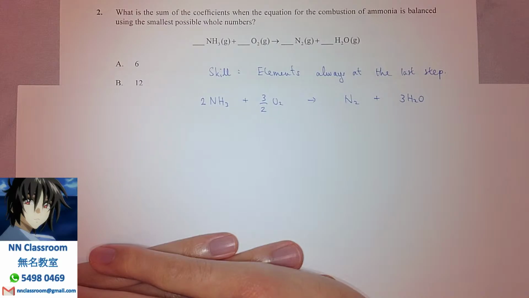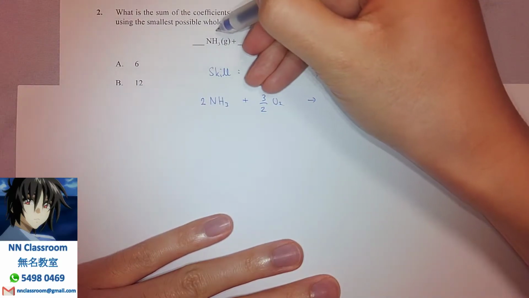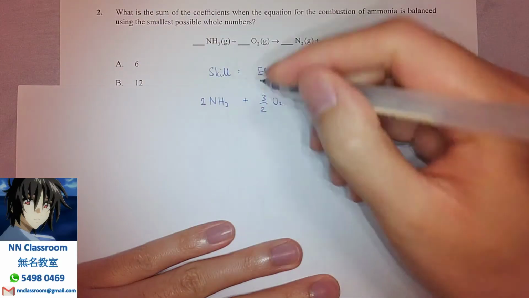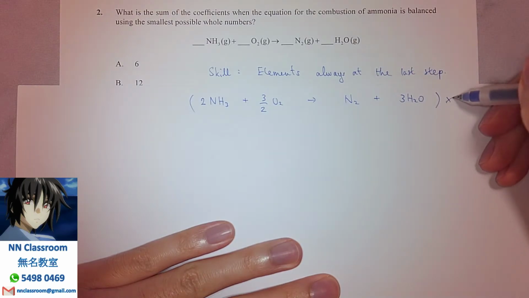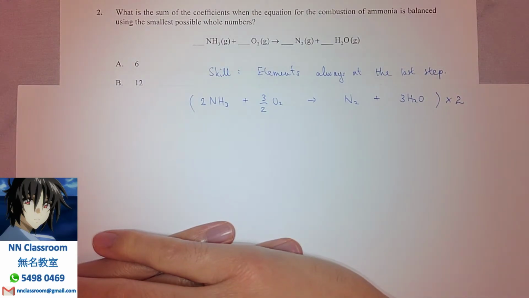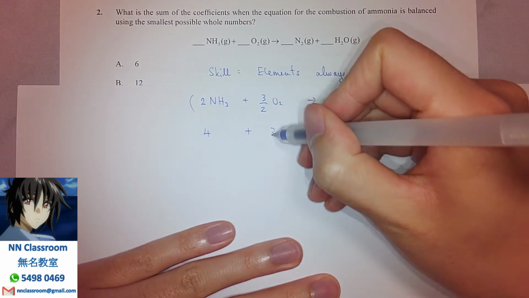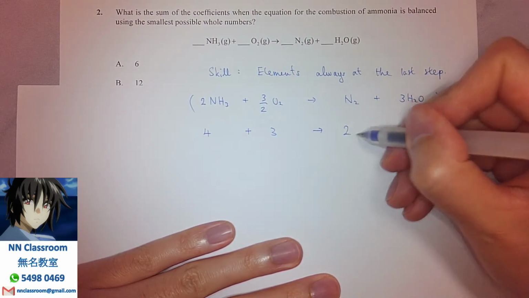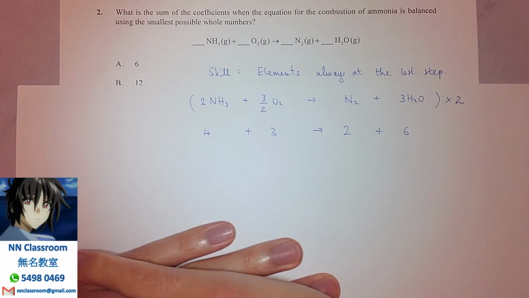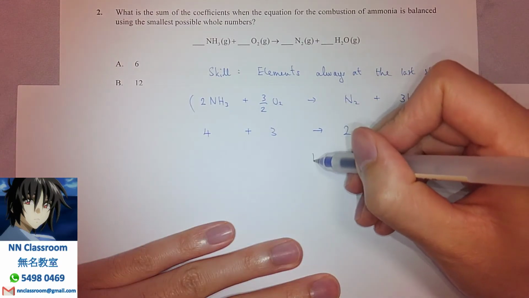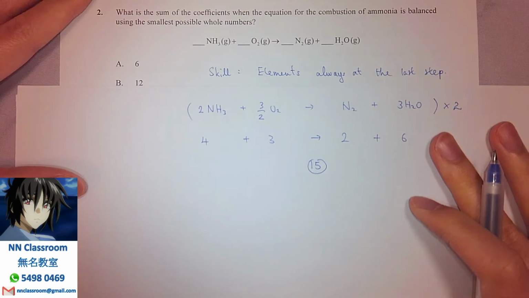So at the end, as the question says, we need whole numbers, right? That means at the end, we should multiply this equation entirely by 2. And so by this trick, at the end, we will see 4 plus 3, and then goes to 2 plus 6, right? So at the end, the total sum of the coefficients will be 15. So the answer in this case will be